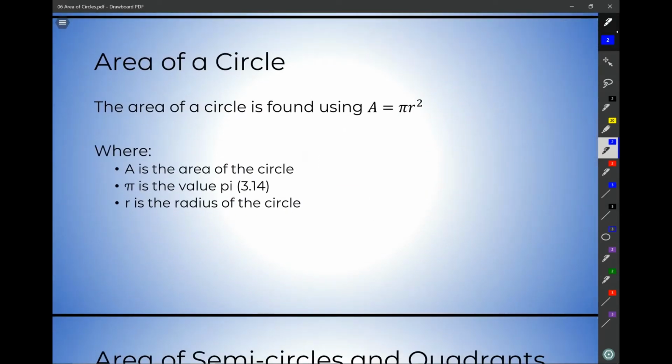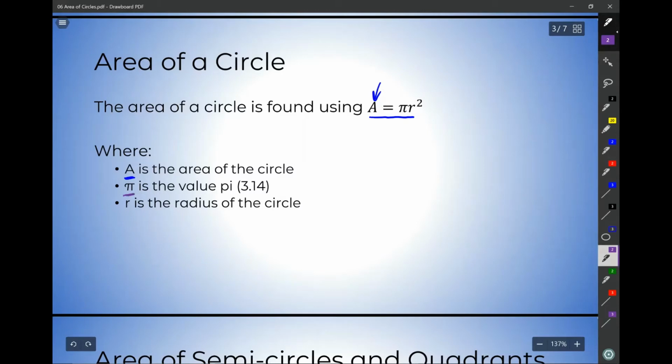Okay, what we're going to be talking about in this lesson though is the area of a circle, and I want everyone to please write down everything that's on this slide. The formula that we're going to be using and the formula that you are going to need to commit to your memory is A equals pi times r squared, where A here is the area of the circle,